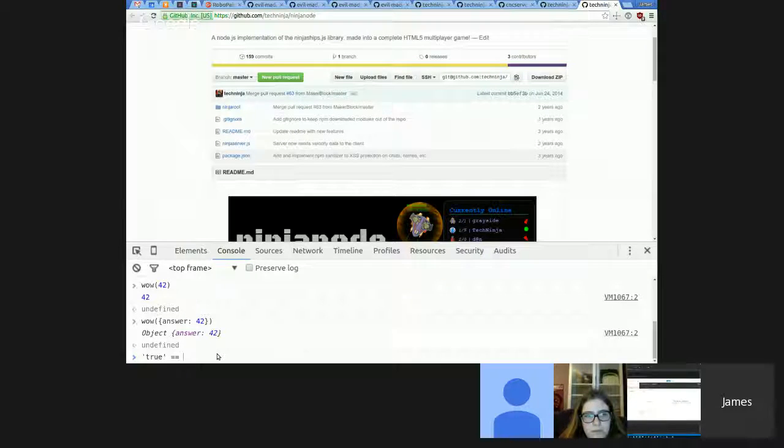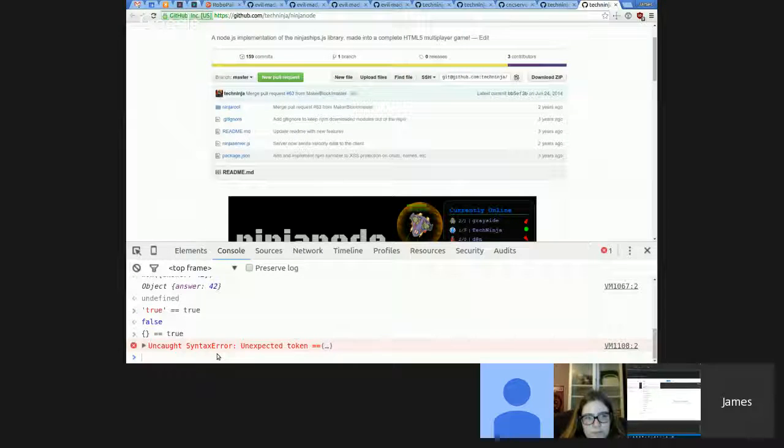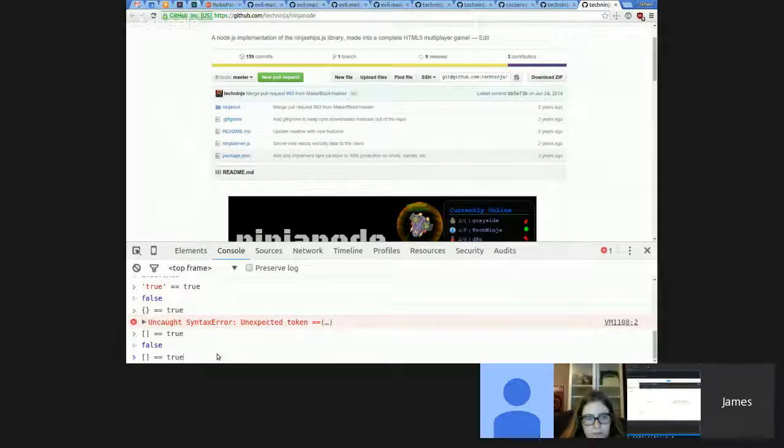And I almost always, if I am trying to figure something out, test it here. Does true equal true? It doesn't. But does empty object equal true? Not exactly. How about an empty array? It doesn't. If you ever want to know, you can just test it here. This is the thing I like about this language beyond anything else: if you have a web browser, you can work with JavaScript.